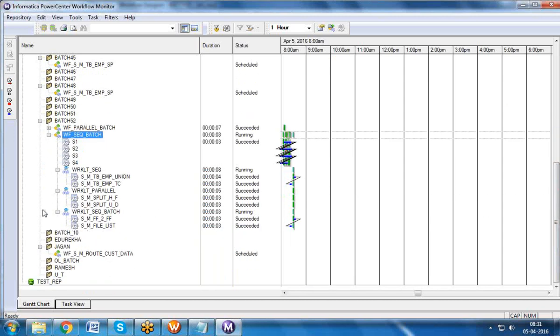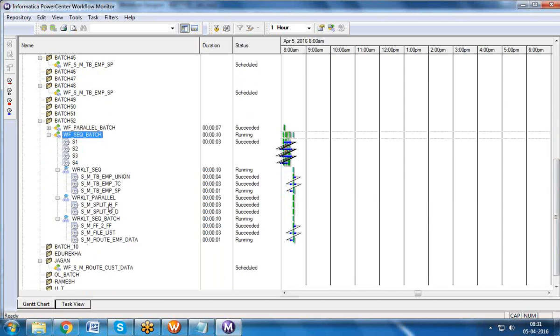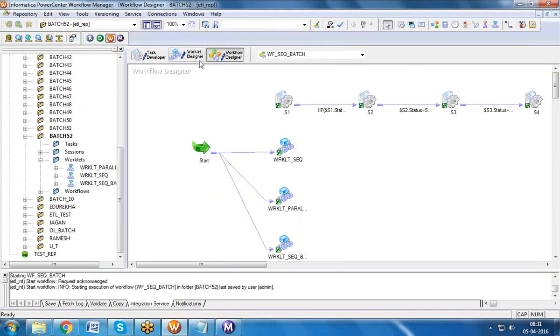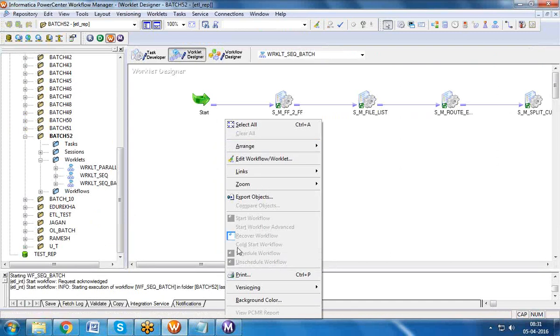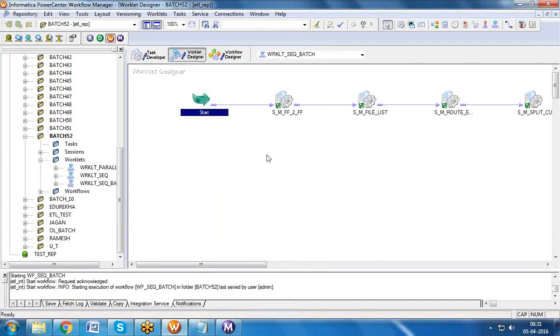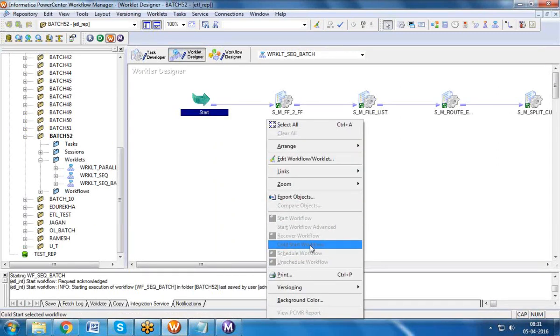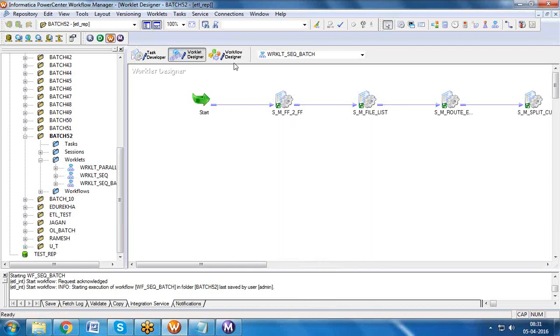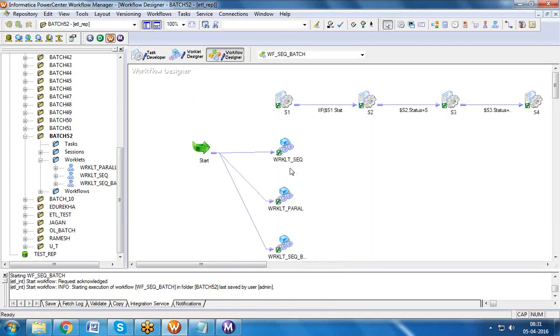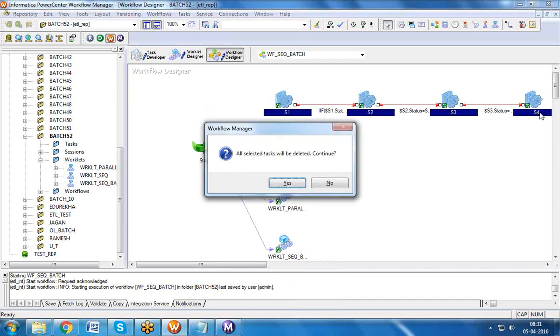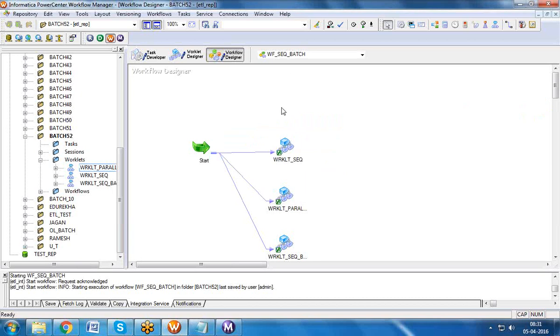In this way, it will trigger. You can't execute a worklet manually, guys. Is there any start task? Even though you have a start here, a worklet can't be triggered manually. If you want to trigger the worklet, it has to be triggered through a workflow only.